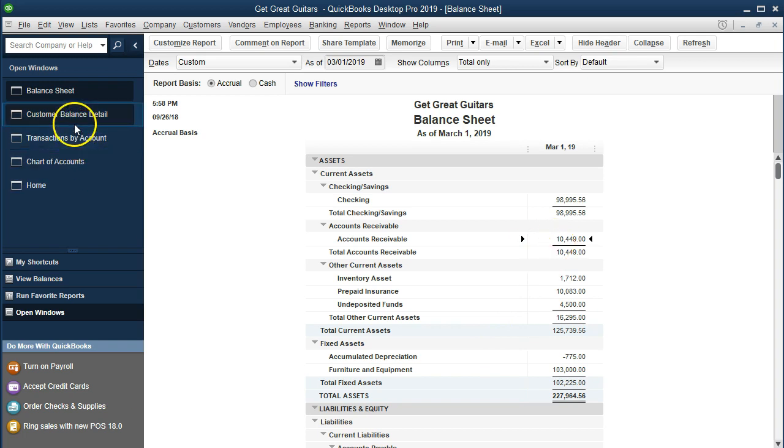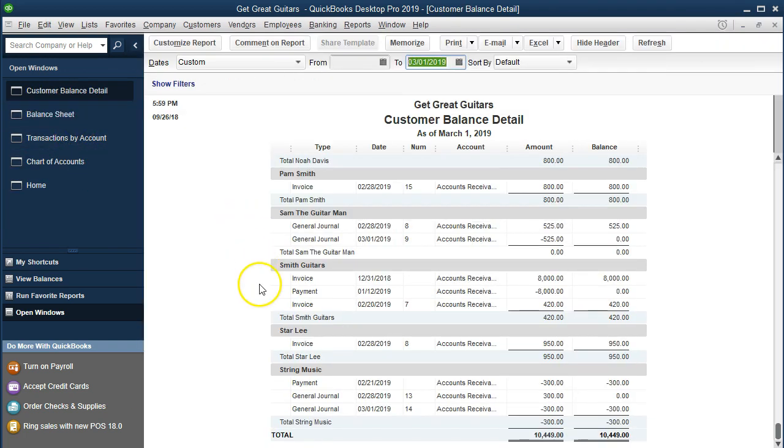And then going back to the customer balance detail again, we can see that this is what happened here. It looks a little confusing, but it puts us back to where we originally were. We had 300 credit, so a negative 300 that we owe back to string music. And then we reversed it as of our cutoff date. And so we're correct as of the cutoff date. And then we put it back there so that the bookkeeper can do what they originally were going to do, applying the credit out, and we haven't messed anything up or changed the normal system, normal operations